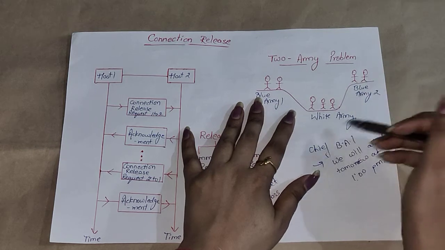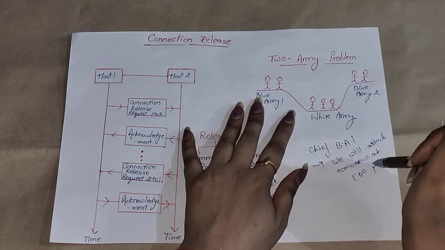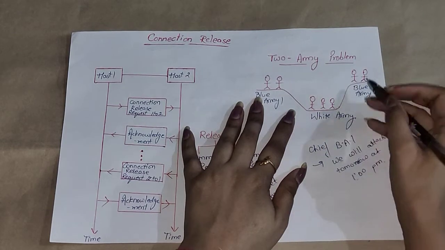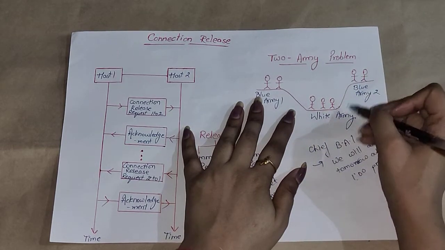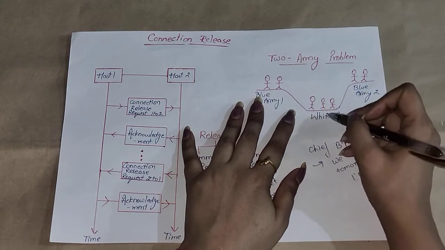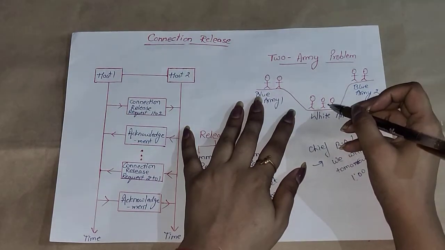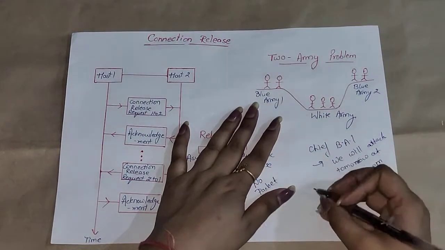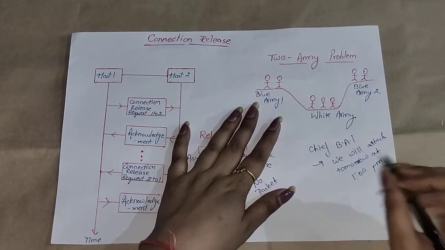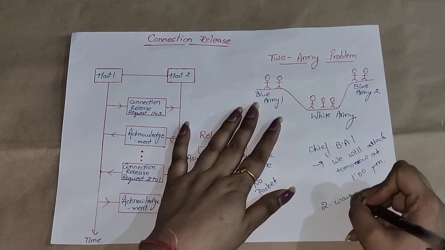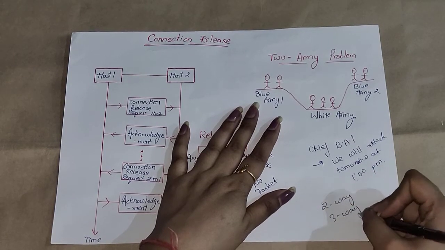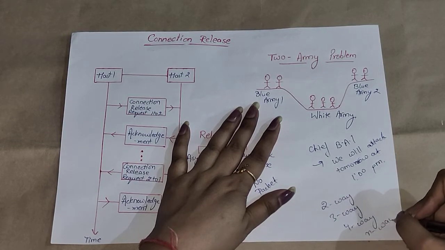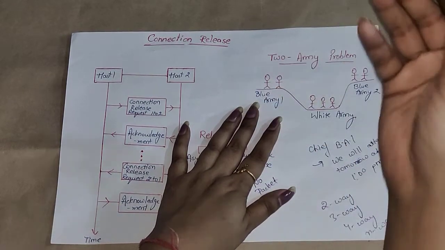ठीक है, एक प्रोबेबिलिटी और है, when chief of blue army 1 is sending 1 messenger to chief of blue army 2 that they will be attacking at 1 PM tomorrow, तो क्या होगा, हो सकता है ये मैसेज ब्लू आर्मी 2 को मिल तो जाए, लेकिन जब ये एक्नॉलेजमेंट वापस भेजें तो एक्नॉलेजमेंट भी लॉस हो सकता है। ठीक है, so two army problem states that there is no possible solution, ना ही 2 वे हैंडशेकिंग, ना ही 3 वे हैंडशेकिंग, ना ही 4 वे हैंडशेकिंग, कोई भी n वे हैंडशेकिंग इस प्रॉब्लम को सॉल्व नहीं कर सकती, because at a time, किसी भी